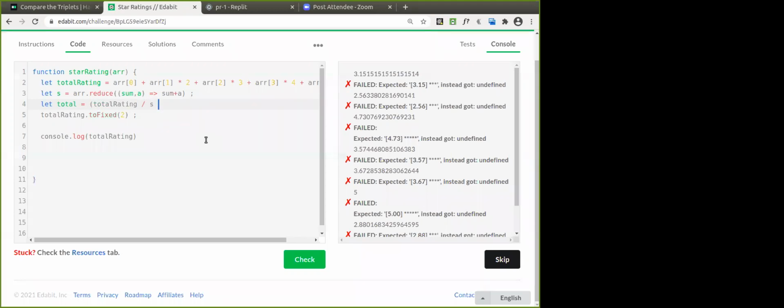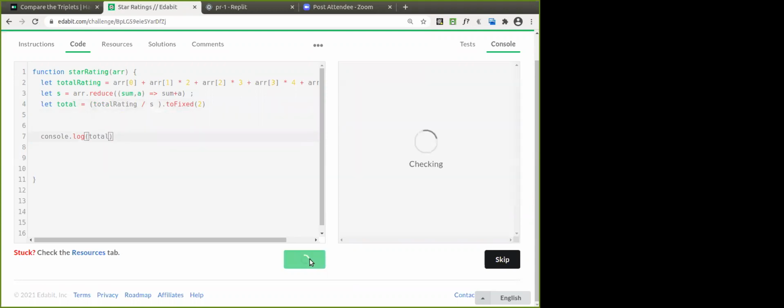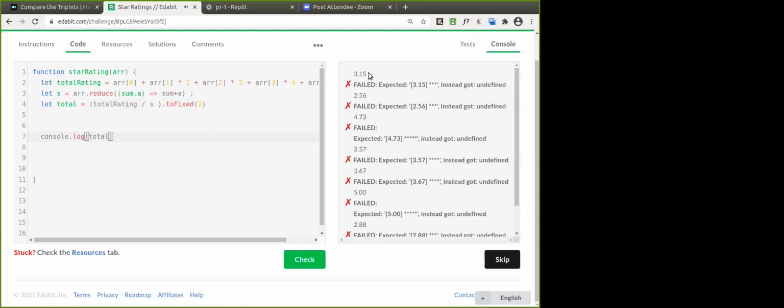So let's calculate this one. Then go to toFixed. It's being calculated. Let's simplify this one. Make it simple. Yeah, to 2 places. Yeah, we got it right. Yeah, fine, guys. Now what we have to do here: if you are getting 3.15, we should get 3 stars. If it is 2.56, we are getting 3 stars. We have to round off and print that many number of stars here. How are we going to print that many number of stars?